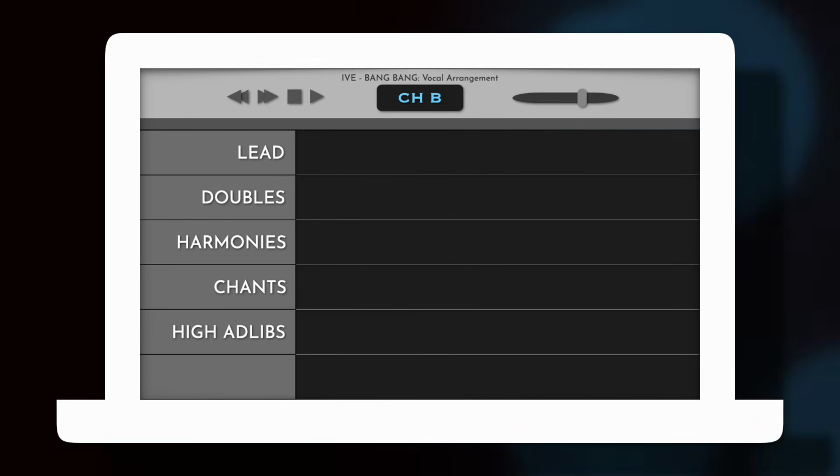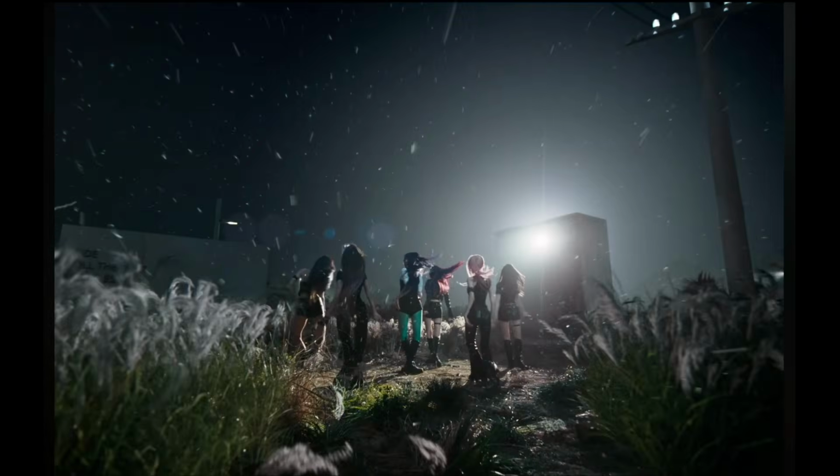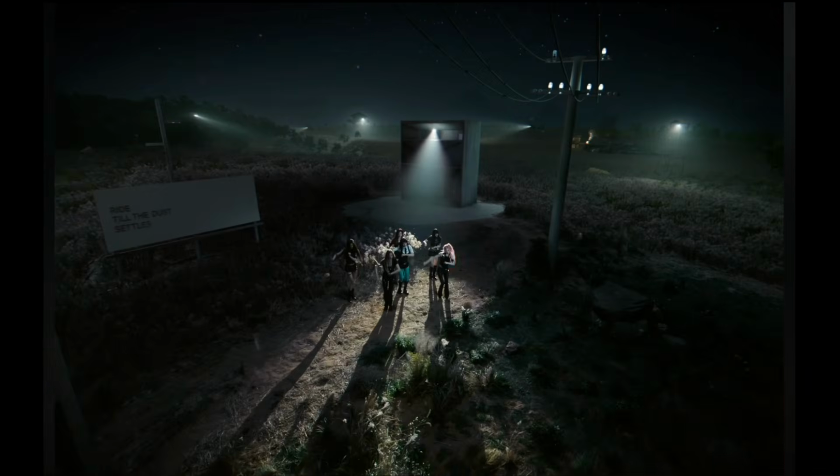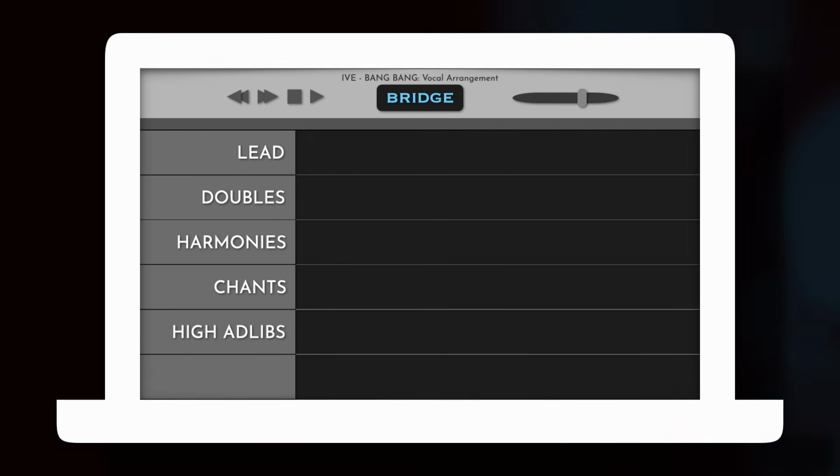The B chorus is a lot simpler, with the hook being strengthened by wide crowd vocals. The bridge top line features a one-note melody, which is elevated by an ascending harmony.